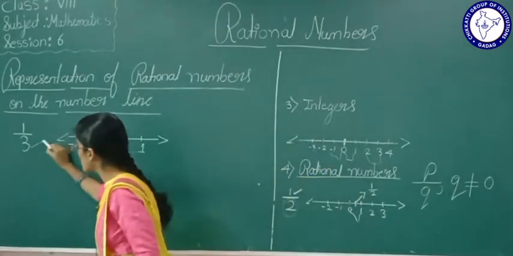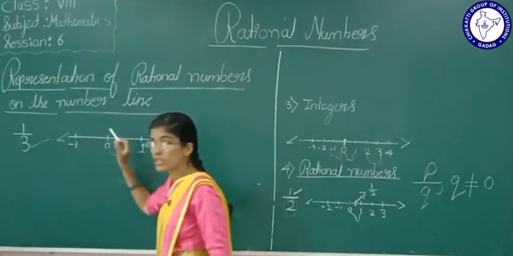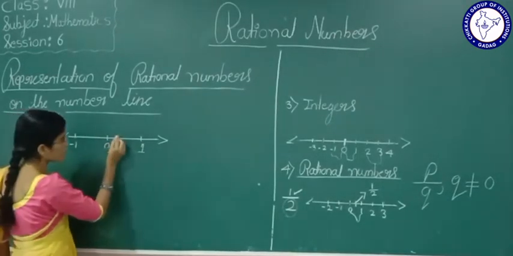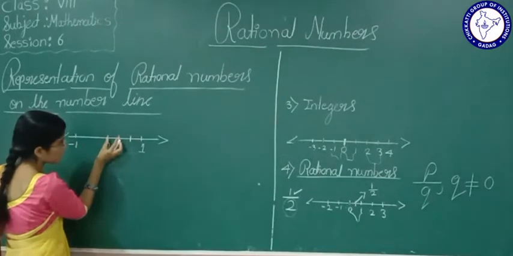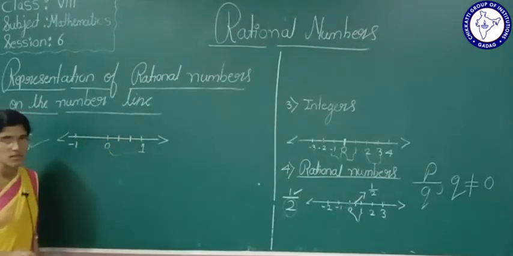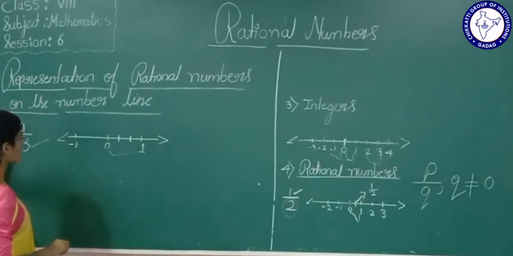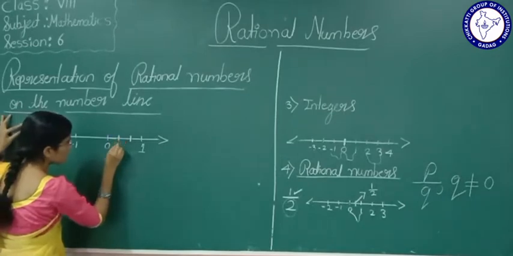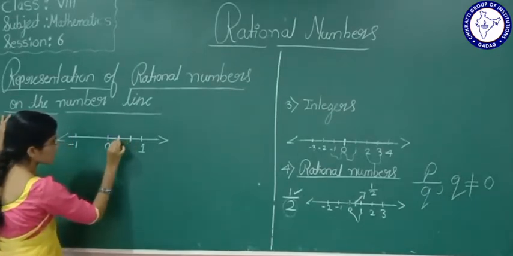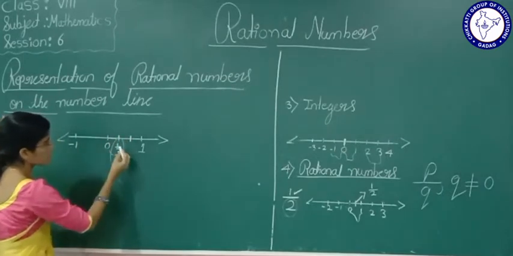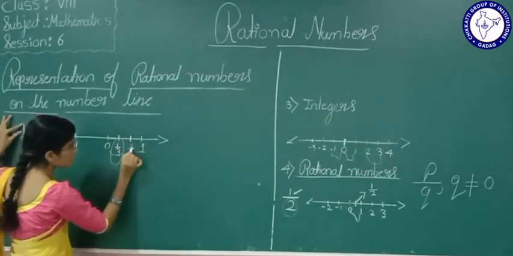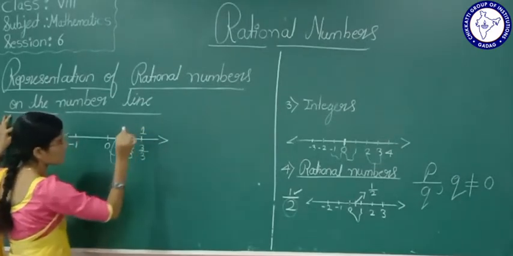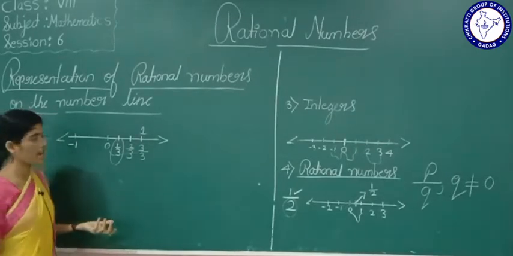Here the denominator tells us how many parts we have to make. 3 equal parts we have to make. Students, make equal parts here. First part, second part, third part. Now see here, how many do we have to consider? 1 out of 3 means this is nothing but 1 by 3. If we go on continuing, this will become 2 by 3. What about this one? This will become 3 by 3. 3 by 3 is nothing but 1. Is it easy? Yes, it's so simple.